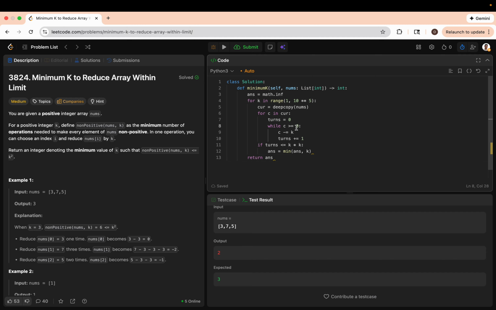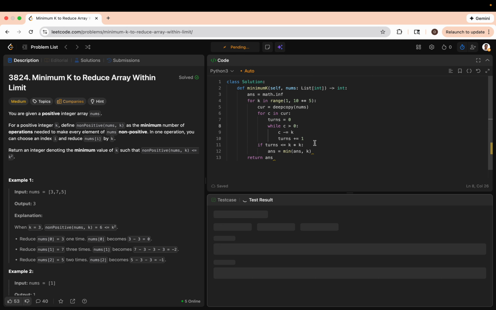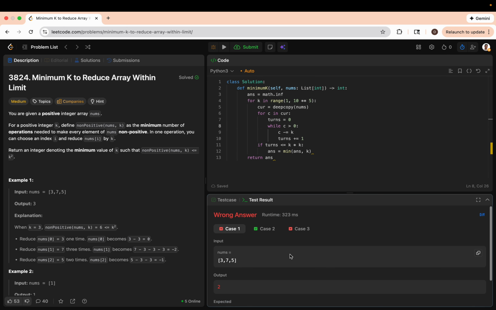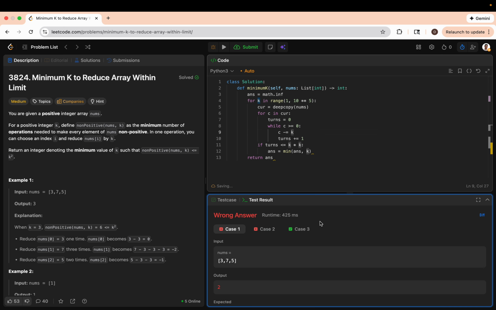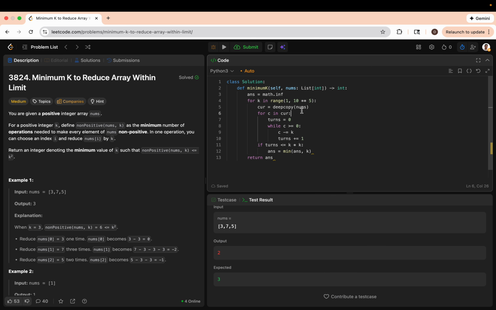I guess in this case, 0 also counts as non-positive. It doesn't really specify here. So let's try a couple of things. And again, we're trying to knock it down by k. So it's still positive, so we're going to knock it down by k,